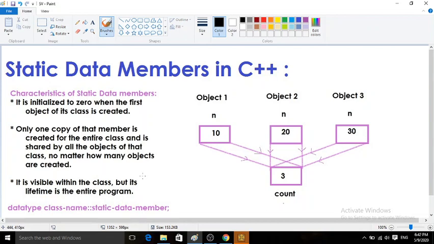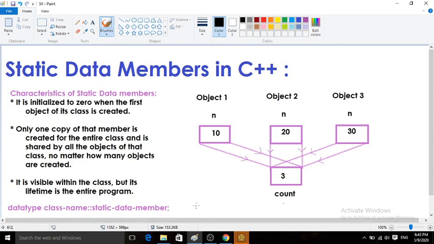If you are going to declare a static variable in a class, it must be defined outside the class also. The general form to define a static variable is: data type of the static variable, one space, the class name in which it is declared, scope resolution, and the name of the static variable, that is the static data member name, ending with a semicolon.